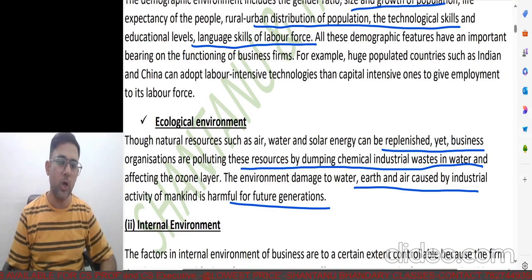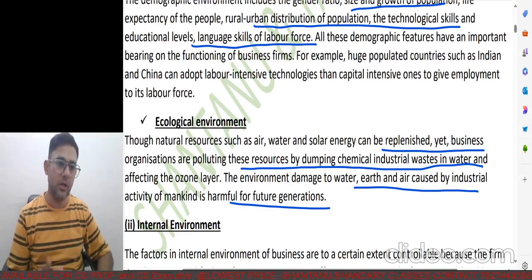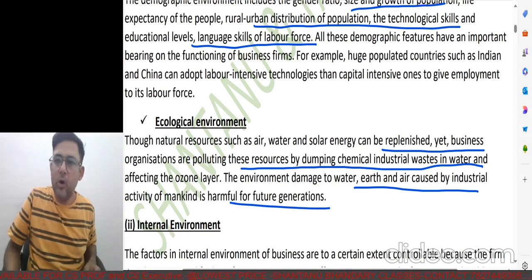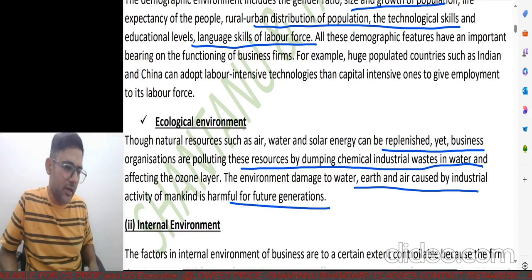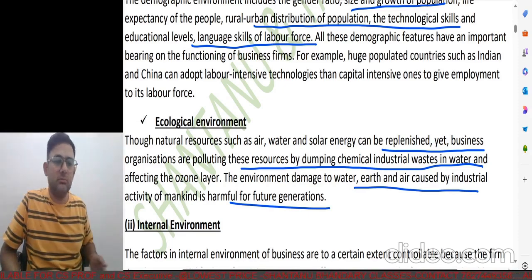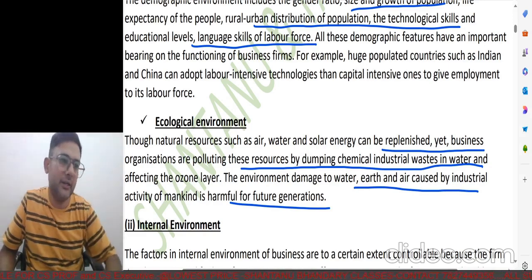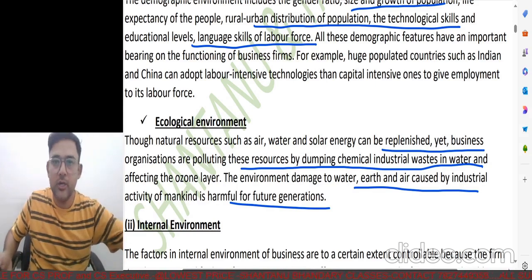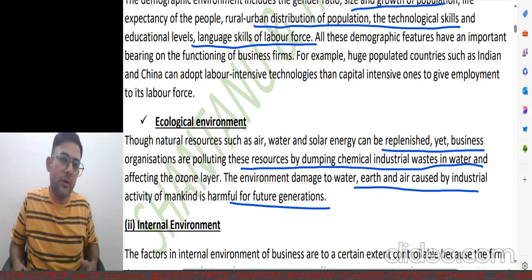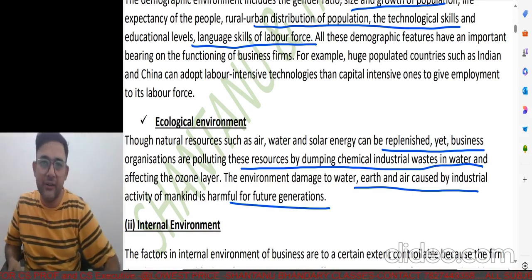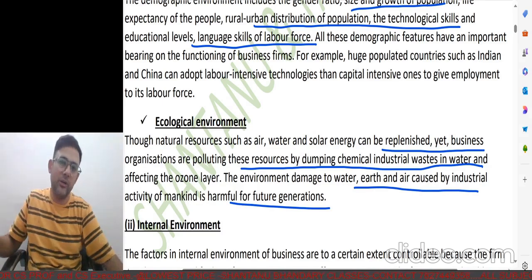See, when we talk about ecological, I can also probably relate it to biodiversity. So all of those things that are happening in the environment are something which the government is trying to make laws around, but it is not helping in that way like it should, meaning that the corporates are dumping all those chemicals and things like untreated water directly into the rivers.